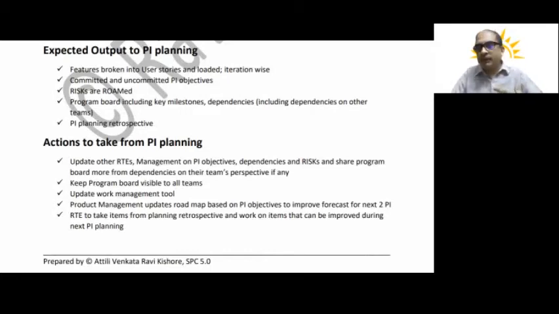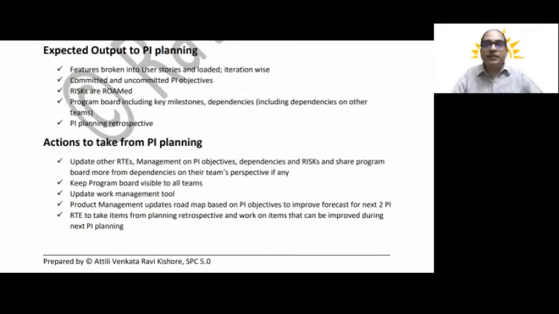Even continuously. Don't think that, hey, program board is just for the sake of completing the PI planning. No, it's not like that. It should be kind of living throughout your PI execution as well. And based on the commitments we made, the product management team updates the roadmap, and most importantly, RTE to take items from planning retrospective and work on items that can be improved during the next PI planning. And once you have the features broken down into user stories, it's so important that you